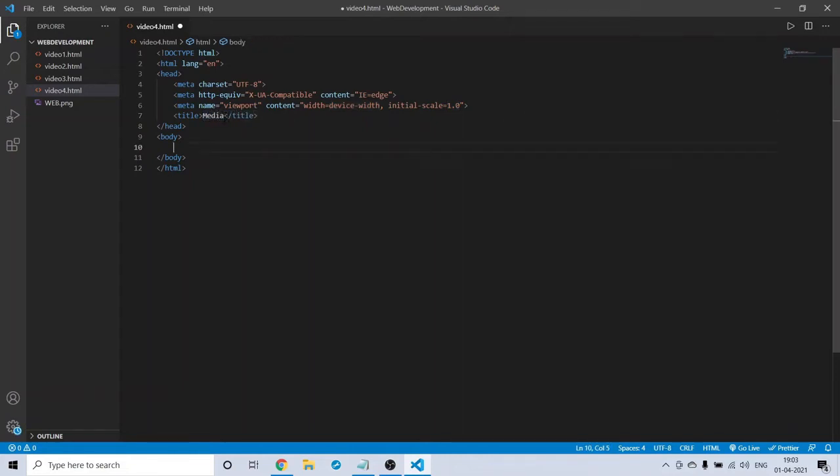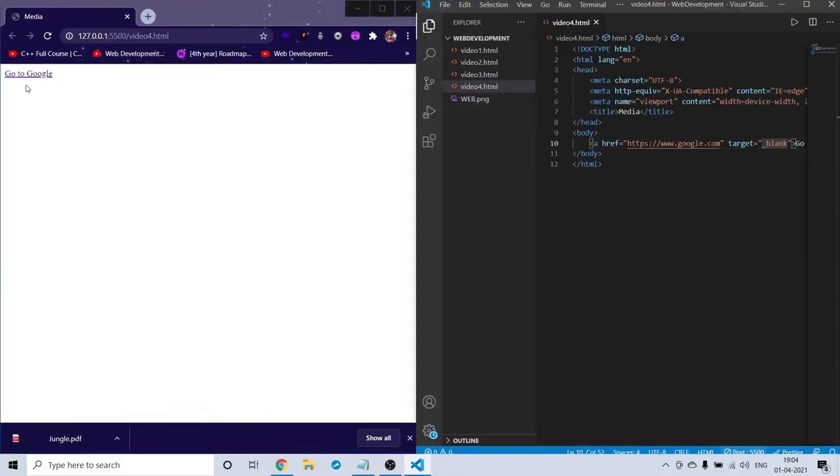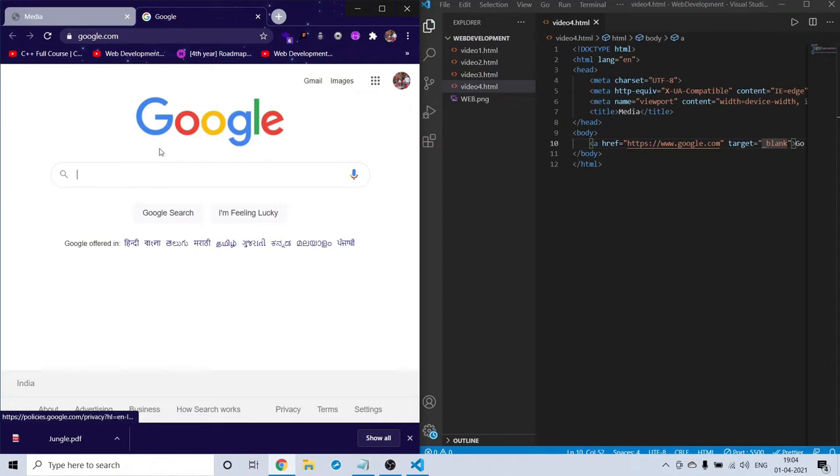So first we will discuss how to show a link. We have already talked about this, so I will just go through this briefly. It is the A tag, and we need to give a URL, which is Google's URL, www.google.com, and here I will give the text as go to Google, and I want this to open in a new tab, so I will give the target attribute with the value of underscore blank, and here I will click on go live. See, we got this go to Google, and when I click on this, a new Google tab will be opened.